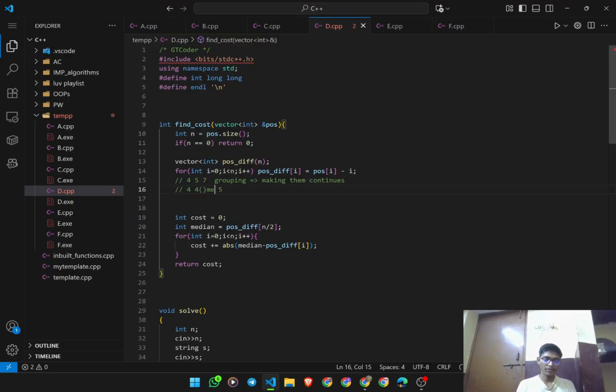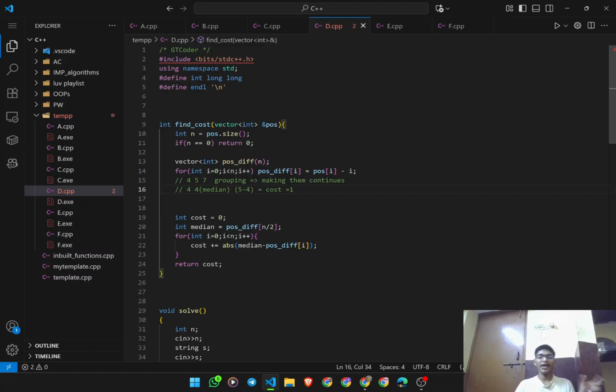The median will be calculated, and the cost to travel from 5 to the median will be calculated. So 5 minus 4 will be 1. There is a cost of 1 to make it continuous, or group all of them into